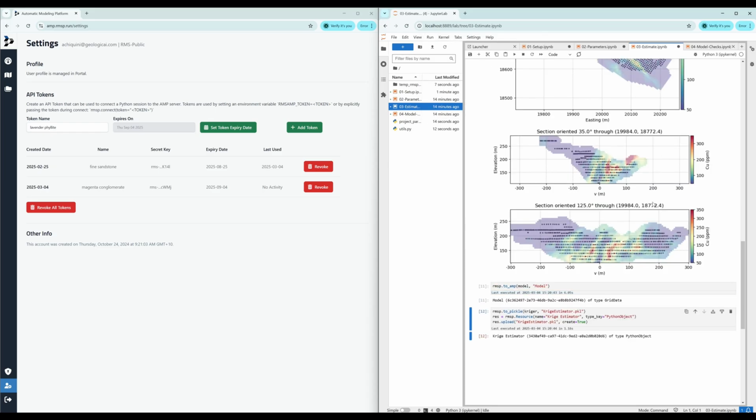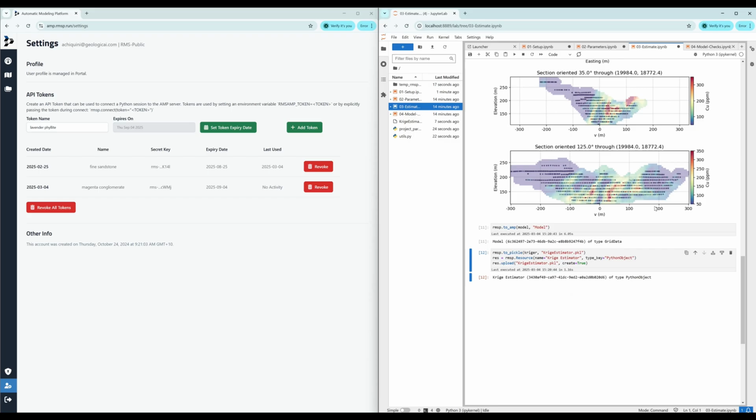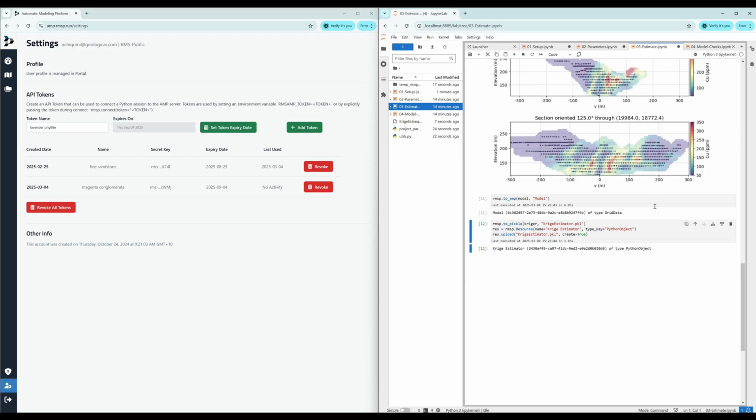This is of course Jupyter Lab, and you're likely familiar with it from using RMSP. You can develop RMSP workflows as you would normally do. Nothing changes. Now, one thing that's worth noting in the very end of the Estimate notebook is that some RMSP objects are not recognized by